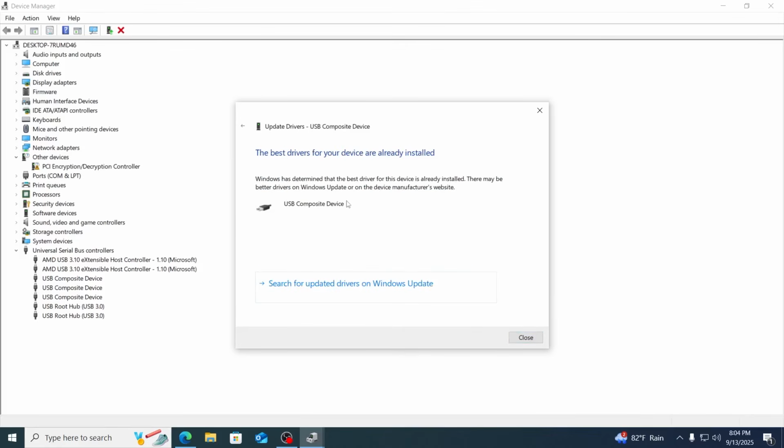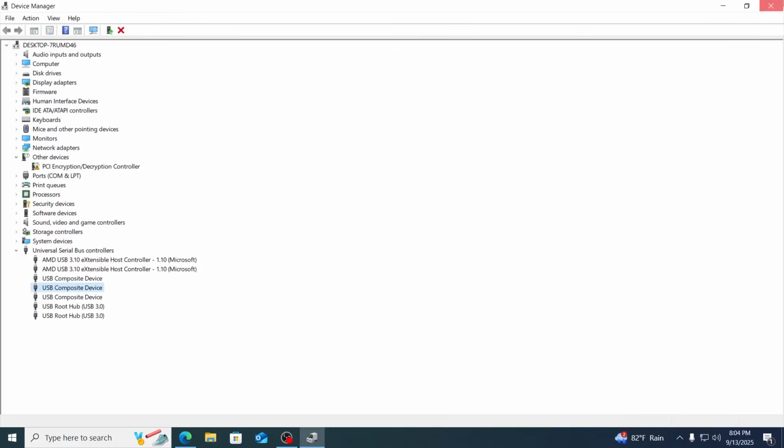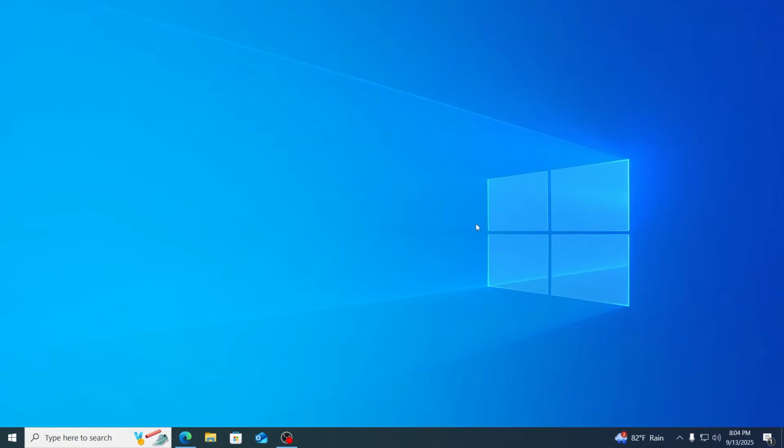It will scan your PC for drivers and install them for you. Then just click on Close. Then close this as well. Then just go ahead and restart your computer and your problem should be fixed. And that is how to fix USB drive not showing up in This PC or My Computer on your Windows 10 laptop or desktop